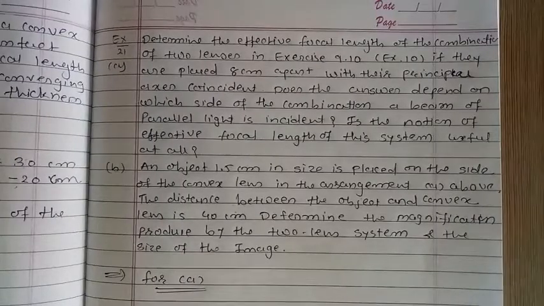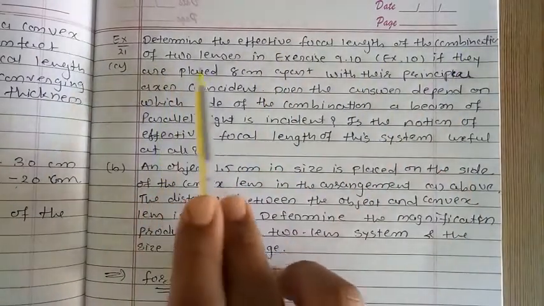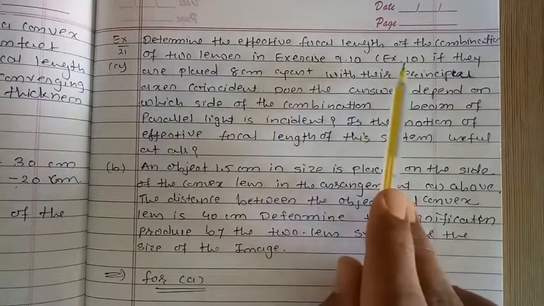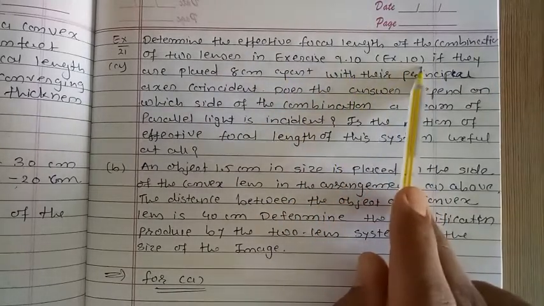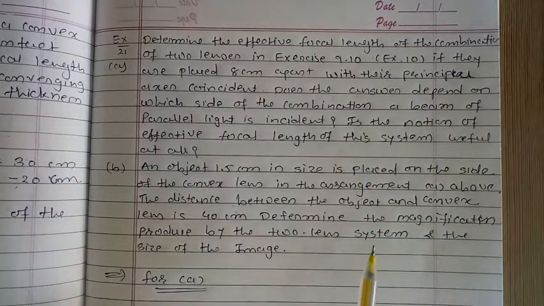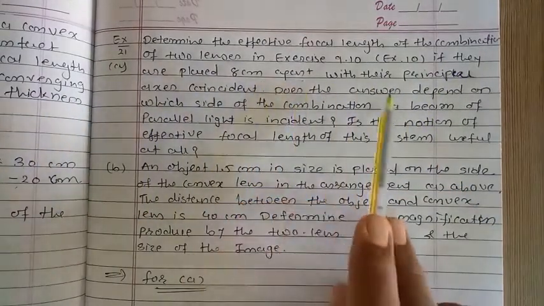Hello friends, today we discuss example number 21. Determine the effective focal length of the combination of two lenses in exercise 9.10. Say example number 10, as we discussed this example in the last lecture. If they are placed 8 cm apart with